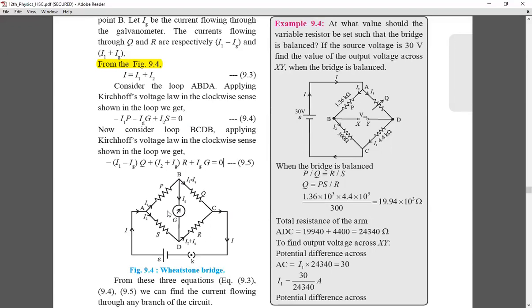So what I said, the three resistances in the Wheatstone bridge are chosen such that the potential at point B becomes equal to potential at point D. Whenever there is the same potential, the current will not flow, so the current Ig will be equal to 0. If Ig is 0, then I1 will not divide into two parts, it directly comes as I1 along path Q, and I2 will come as I2 along path R.